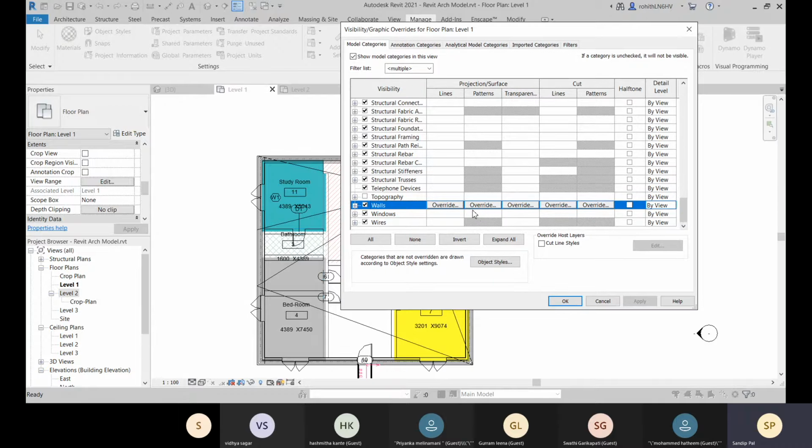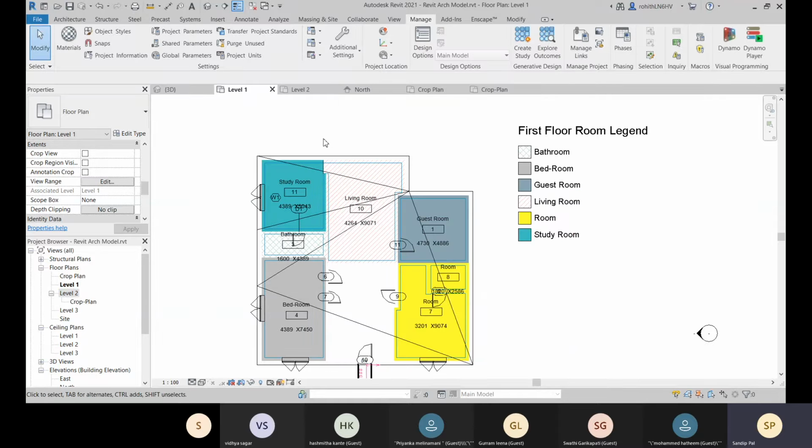Okay, so let's go for this. So this is a view specific. This view visibility graphics option is view specific. So that means if you change anything in this level 2, so that will be applied within this level 2 or this particular level 1 only. Okay, so it will not be reflected within our other views.